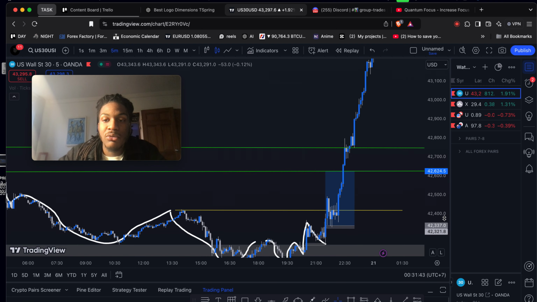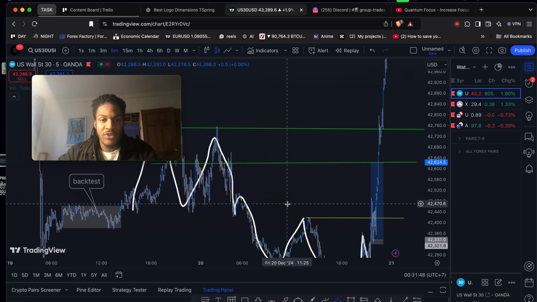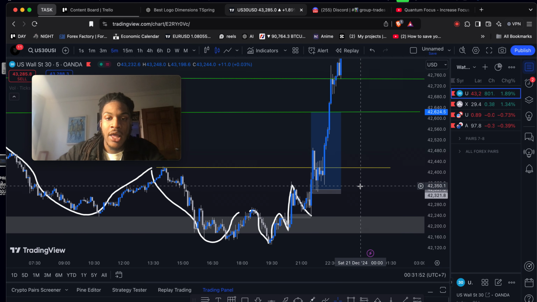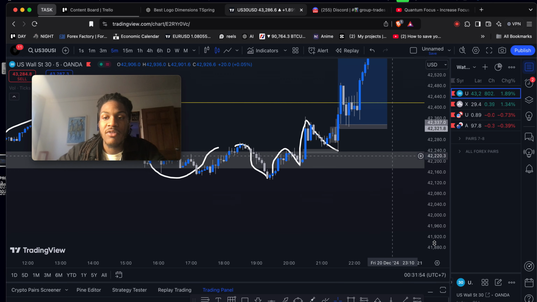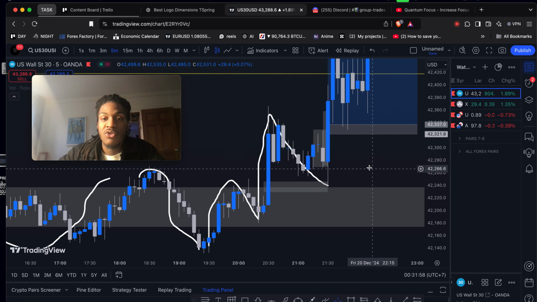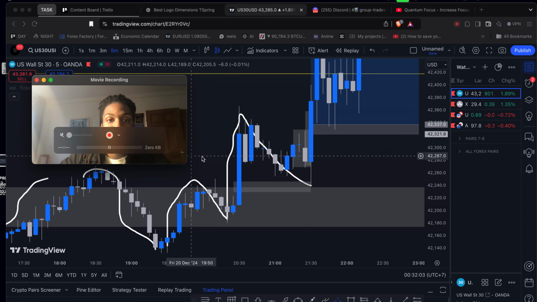Because of my personal confluences in my strategy and other things, I was able to actually execute this trade at a precise level. And trading like this isn't impossible. It's actually precise and easy if you trade smart money concepts. Smart money is simply the people in these markets that have the most capital to make the market move.